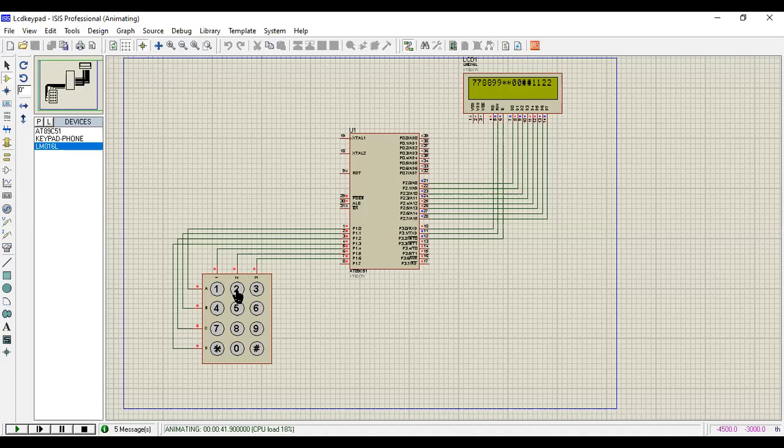Port 3.0 to 3.2 are connected to the control pins RS, read/write bar, and enable pin, data lines are connected to port 2.0 to 2.7, and the keypad pins are connected to port 1.0 to 1.6. You load the hex file, press the play button, and whatever key you press will be displayed on the LCD. So this is how we interface the LCD and keypad with the 8051 microcontroller.